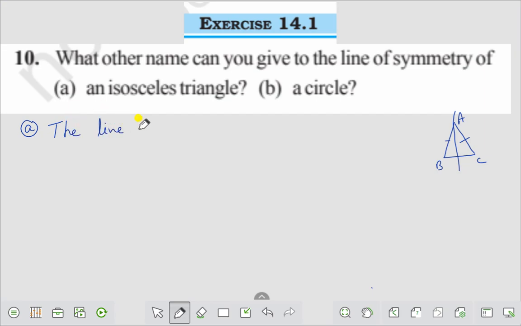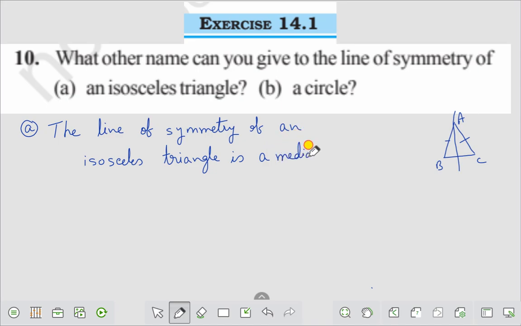the line of symmetry of an isosceles triangle is a median or an altitude,